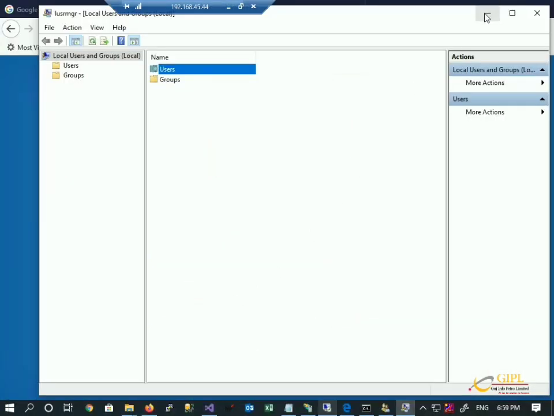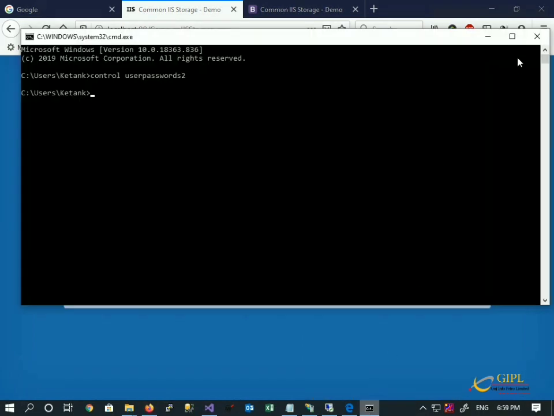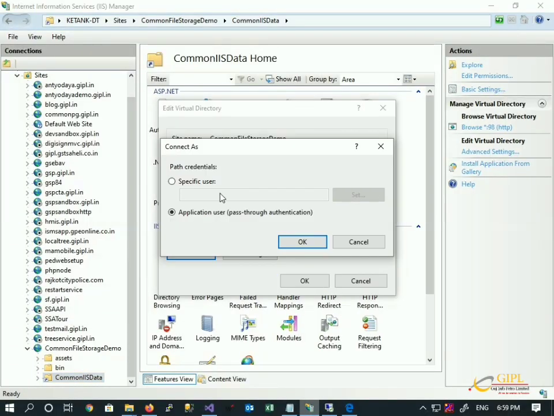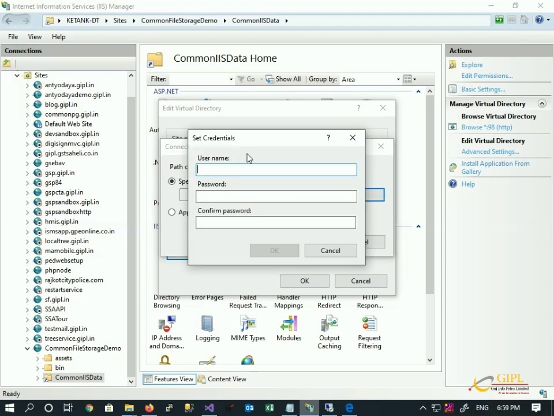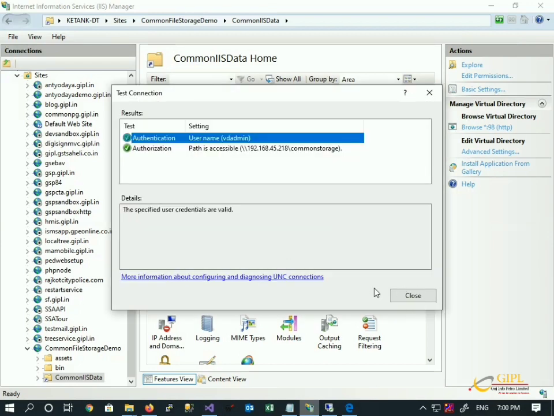Okay. Now the same setting I need to do on my local machine also. Local IIS basic settings, connect as specific user VD admin, password same, test settings. Done. That's it.